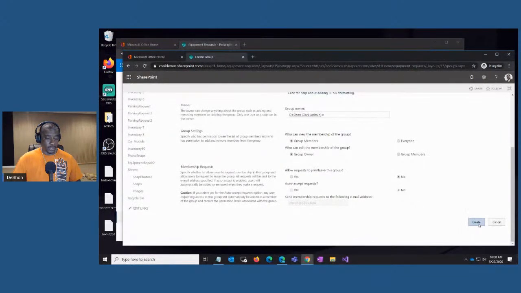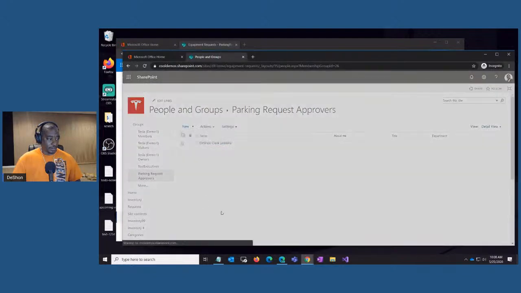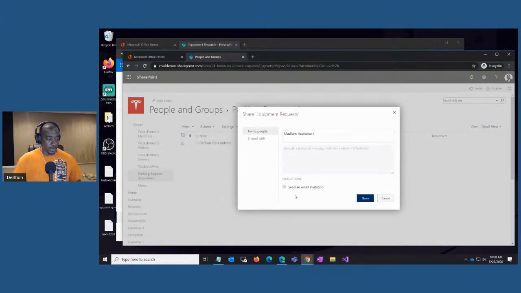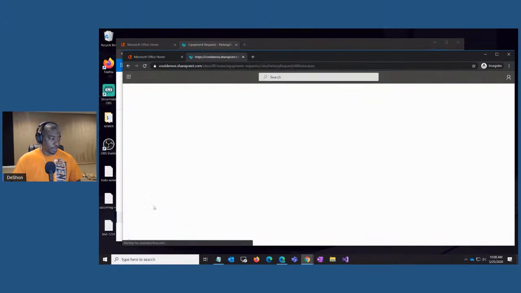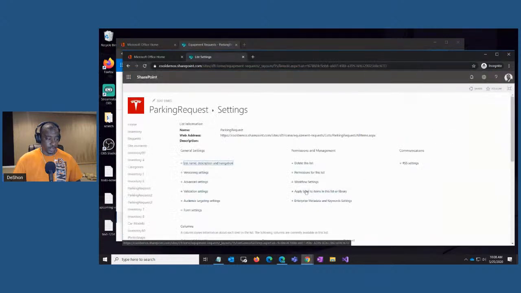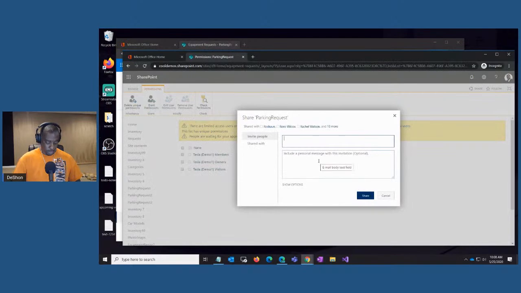And then I can go ahead and select all the default options. And then here I can go ahead and add in whoever should be the approver. So let's just say Madison as an example. So I add Madison in. I don't want to send her an invite. And now if I go back to my parking request list here and go to the permissioning for this list, now I can bring in that approver group. So let's just say parking request approvers,